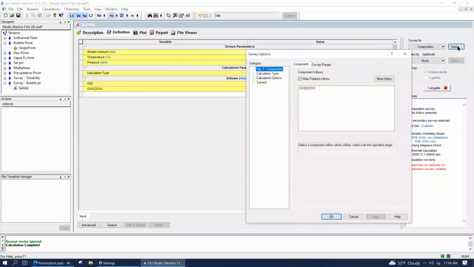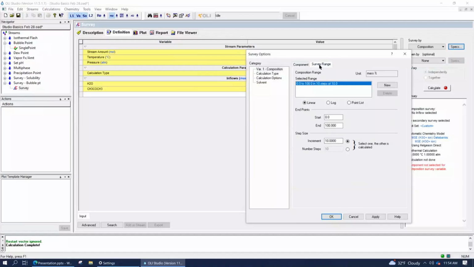In the specs window, you now see essentially two tabs, a component tab and a range tab. The first thing we need to do is select what material we're going to adjust. In this case, there's only one, it's the acetone. So you're just going to select it. This has got to be colored blue, right? Now it knows it's selected.